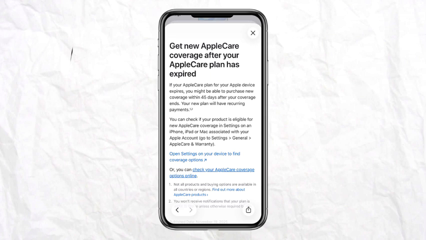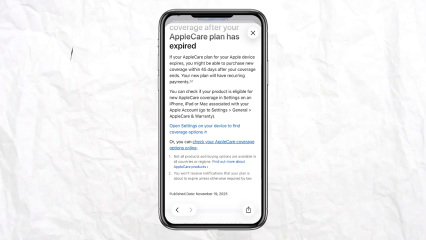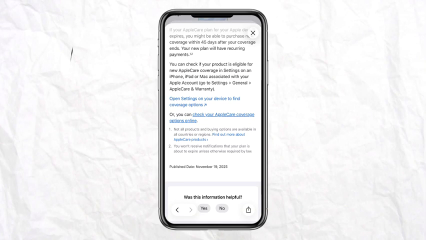So you might be able to purchase new Apple coverage within 45 days after your coverage has ended. Your new plan will have recurring payments. You can check if your product is eligible for new AppleCare coverage in Settings on your iPhone, iPad, or on your Mac associated with the Apple